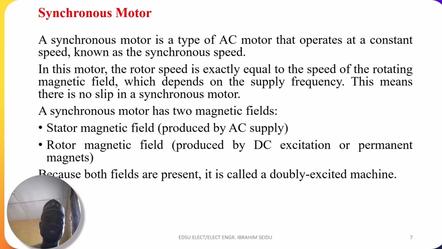So you connect the armature winding to your AC supply, while for the rotor you use a battery source, let's say this is excitation, or you use a permanent magnet. Now, because both fields are present, it is called a doubly excited machine. So a synchronous motor is also called a doubly excited machine, because of the field winding